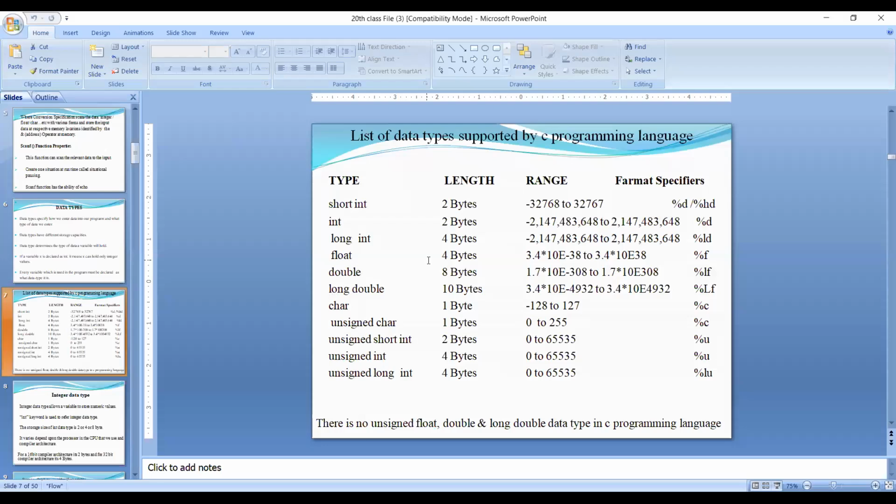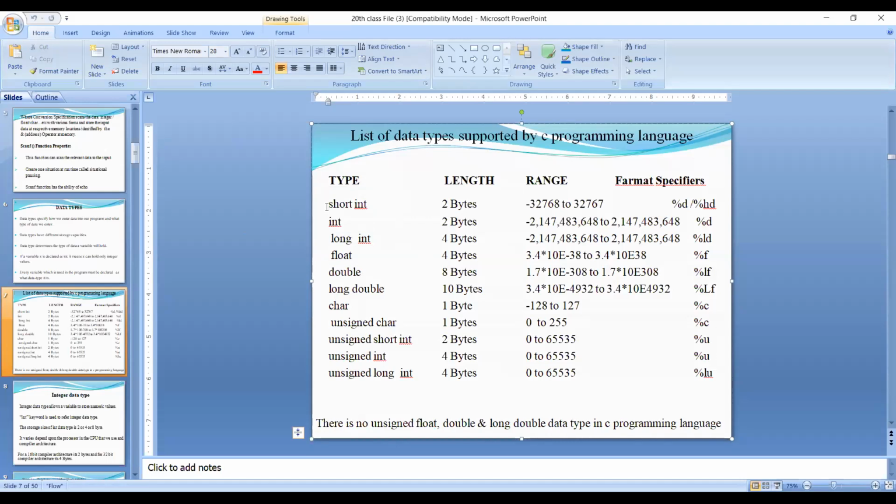So see here, there are so many data types available. I discussed short first. You see here, integer, short integer, long integer. You assume integer means signed integer. Long integer means signed long integer.